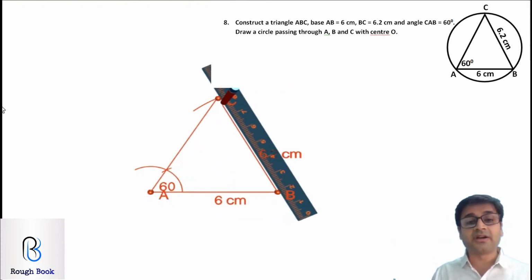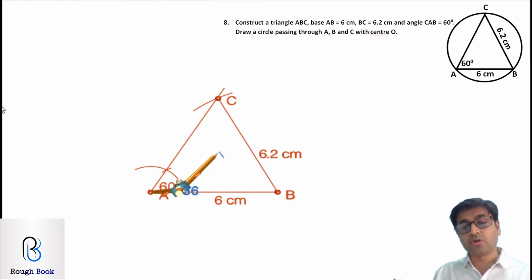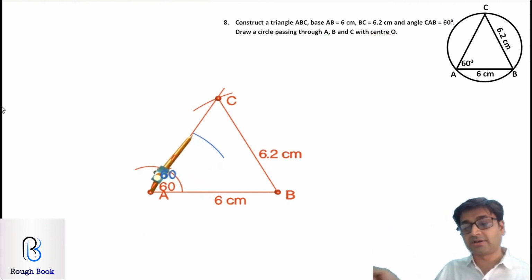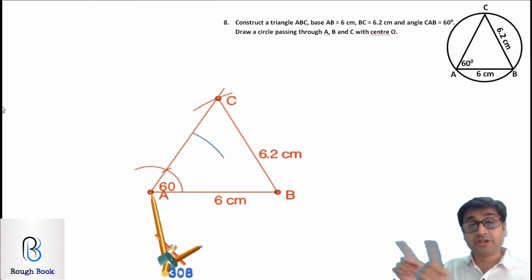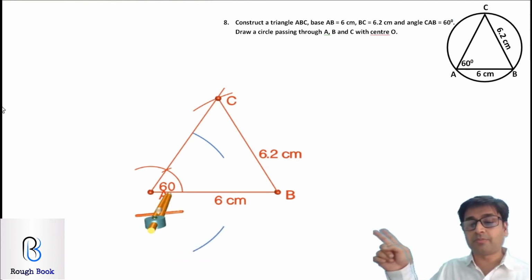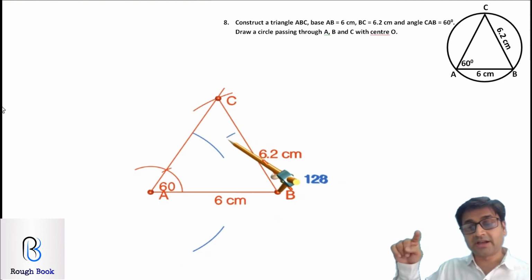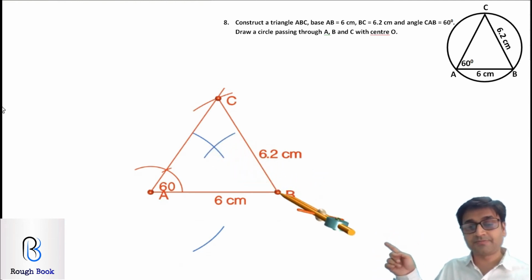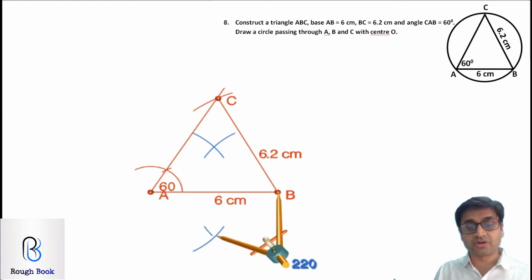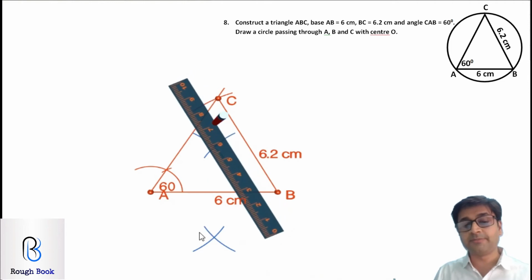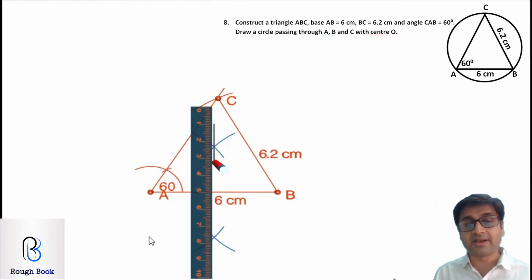The next target is circumcircle. So we take AB and bisect it. Take more than half from point A, cut an arc up like that and cut one arc down as well without changing the radius. Again, without changing the radius, keep it on point B, cut an arc on top and cut an arc down as well. When you cut these two arcs, these two points of intersection, the blue ones, when you join them, you get the side bisector of AB.